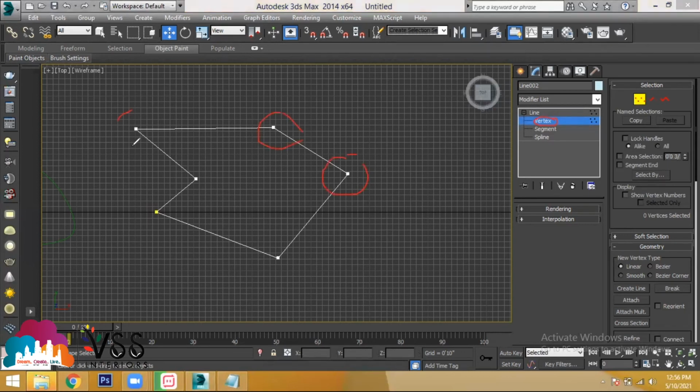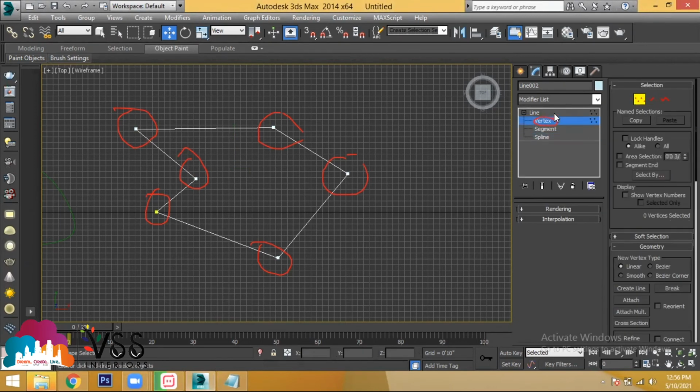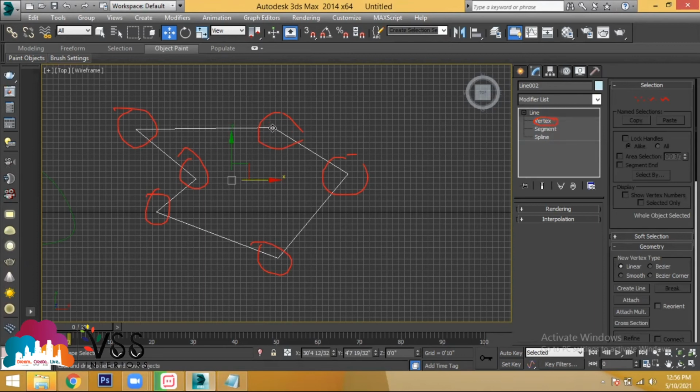Yes, sir. So the endpoints will get highlighted. But once the work is done with vertex, go back to the line selection. Remember, once the work is done with these selections, go back to the line selection. Understand? Now, are you able to see the endpoints here?